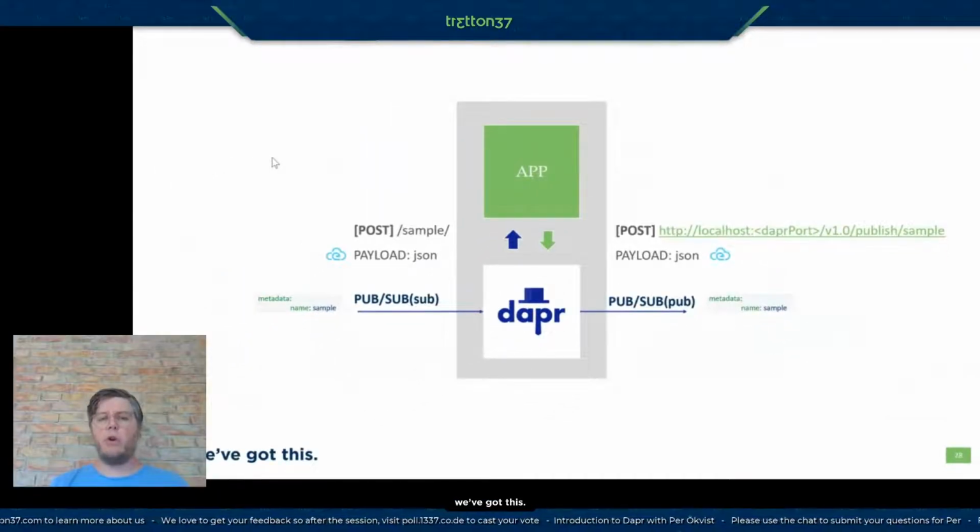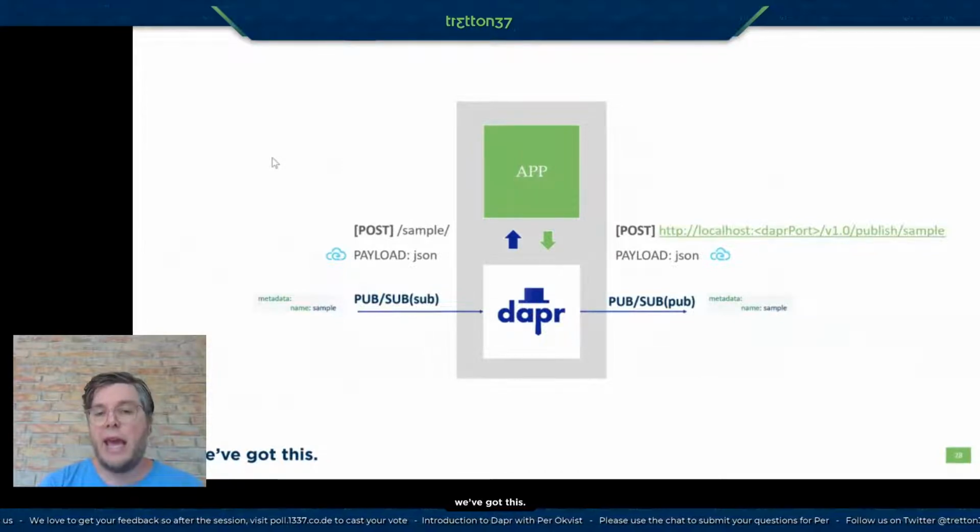The same goes for PubSub. The difference here is that you still have a component, and the component is of PubSub type. The only thing that has changed here is the payload. Now we have this payload in CloudEvents format that is JSON. So I'm going to register within my app what kind of topics I need to subscribe to and the endpoint that corresponds to each topic.